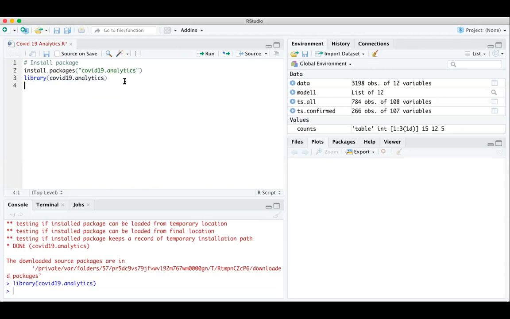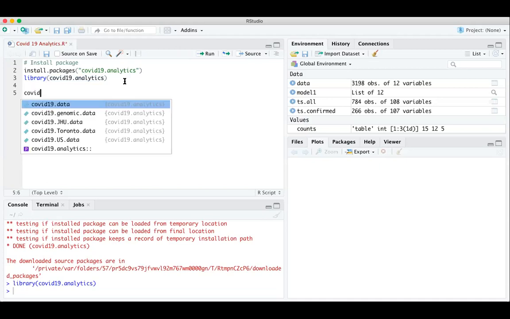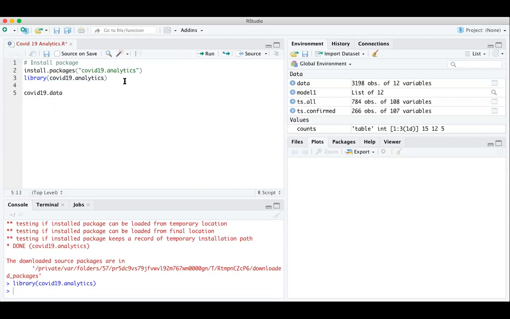So now let's load the dataset. COVID-19 dot data, and use the cases, let's take the aggregate cases.